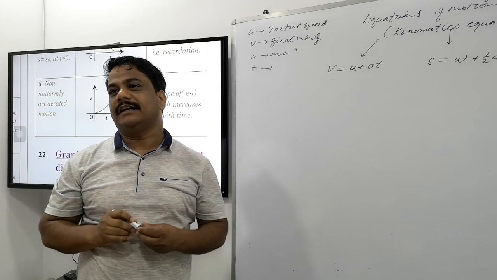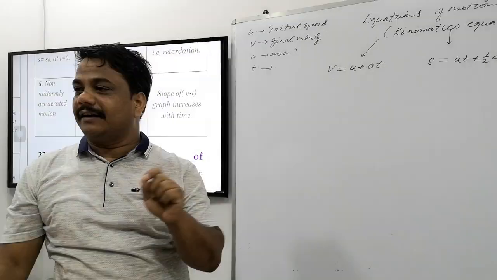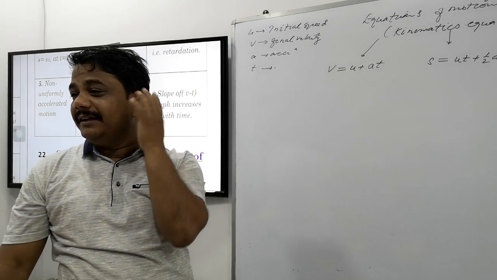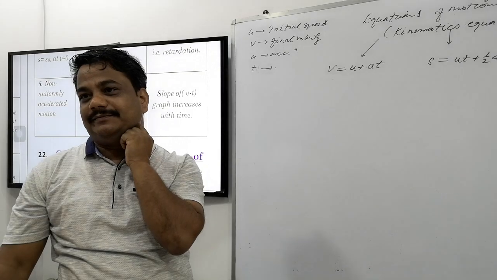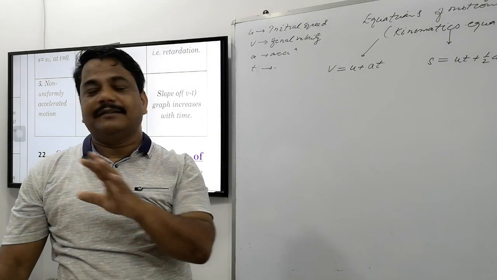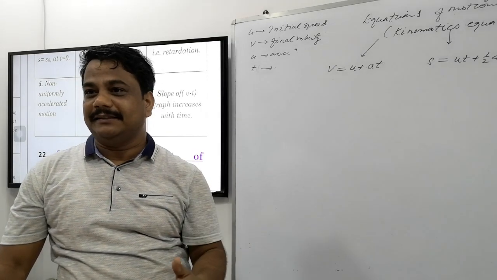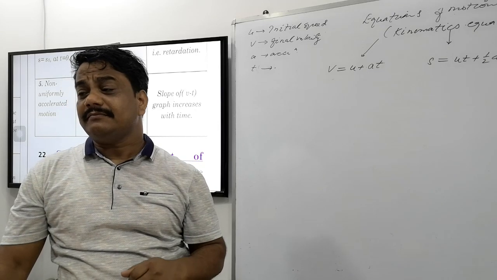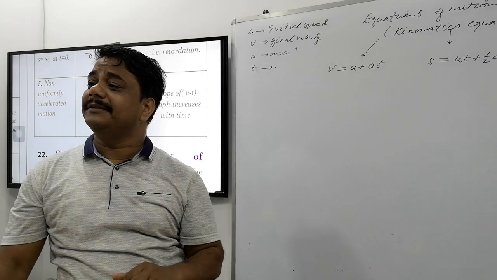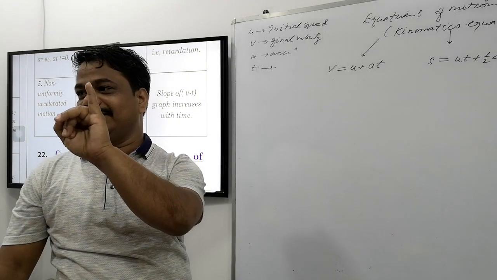There are two methods to derive these equations of motion. First is the graphical method and second is the non-graphical method. In examination, listen please, graphical method and non-graphical method. It means there are three equations. If you do them by graphical method, three times you will do, and the non-graphical method three times more. How many times will you need to write down? Six times. How is this six? I'm telling you.